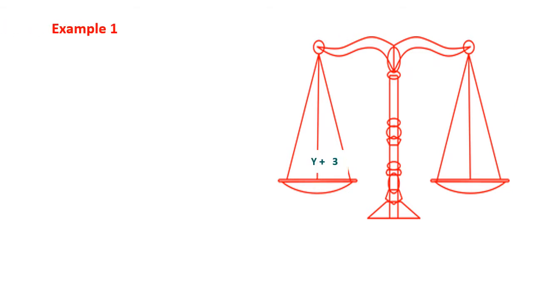In LHS, as you can see, we have taken y plus 3 and in RHS we have 10. Our aim is to eliminate plus 3. So we are going to transpose this plus 3 to RHS. On transposing plus 3 to RHS, what would it become? We had just seen it in the previous slide. Yes, plus 3 will become minus 3 when it gets transposed to RHS.